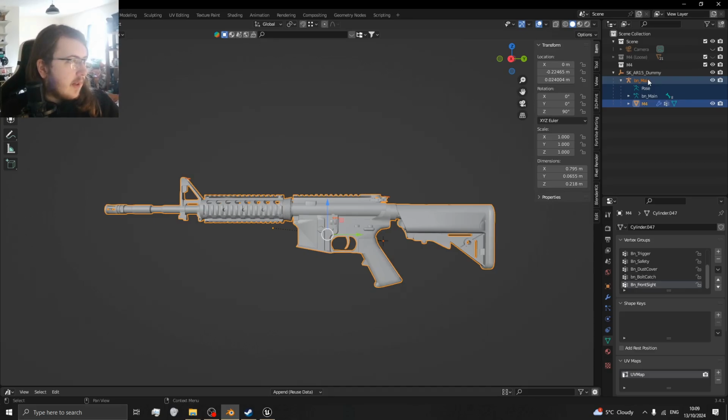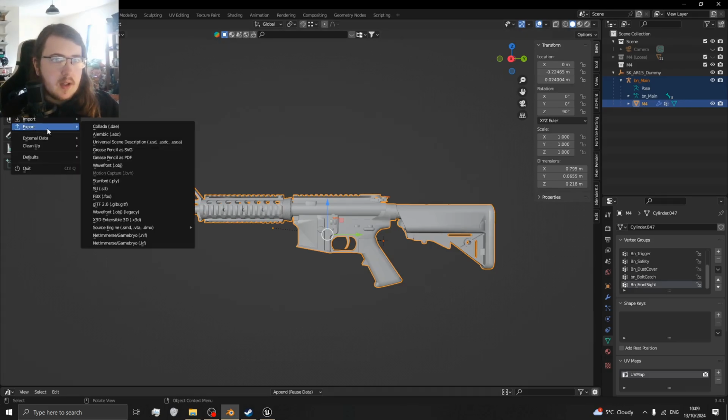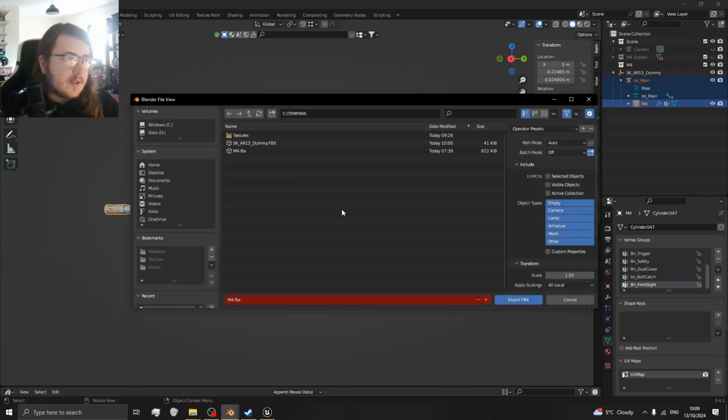I did that the wrong way. Actually, I don't think it matters. Select this, shift select this, should select everything, file, export, FBX. Now, these settings need to be changed a very small bit. I have a preset up here for Unreal. No, I don't. That's on Linux. Okay. So, selected objects,